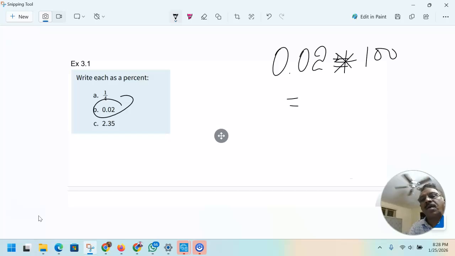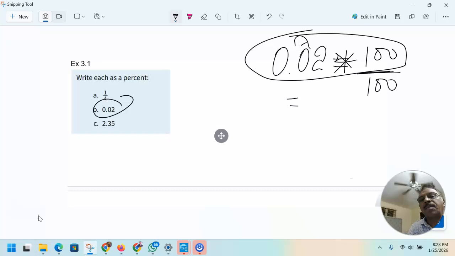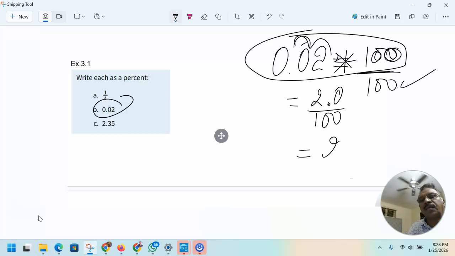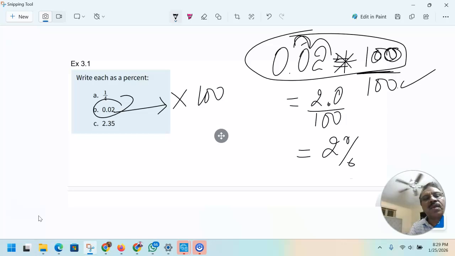And when you multiply, of course, you are multiplying by 100 and dividing by 100, which is actually a decimal. Because of this multiplying by 100, this decimal moves two places. So you get 2.0 over this 100 that is left over, and that's why we say it is 2%. Or you could directly say, just multiply by 100, which will give you 2